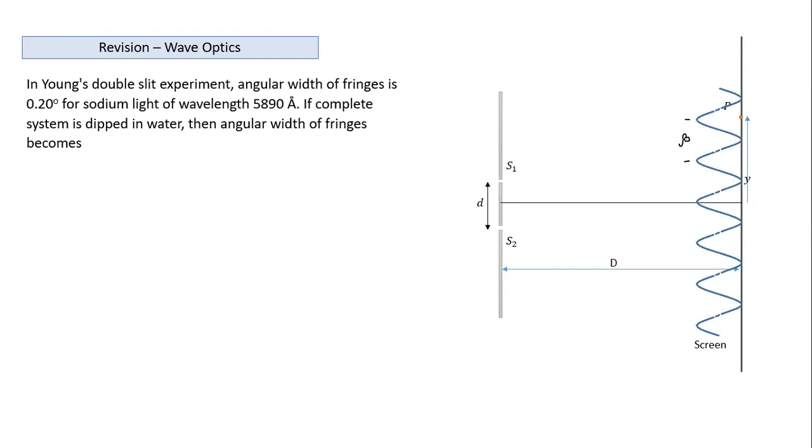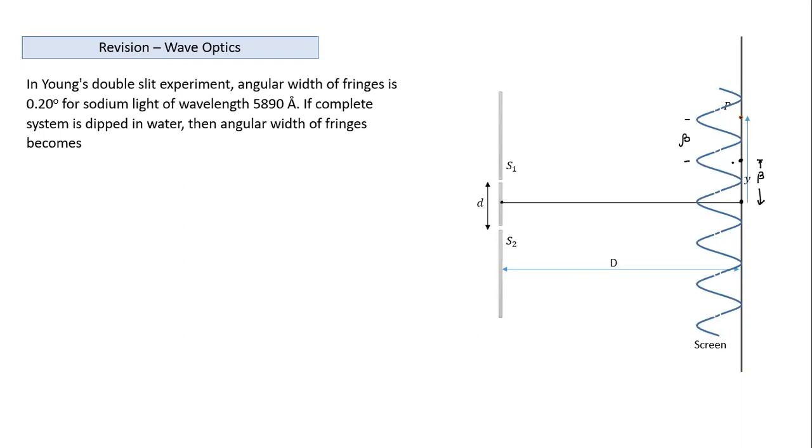So we are talking about the angular width of the fringe. Angular width of the fringe basically means the angle subtended. Let's start from here. If I take this as the central bright fringe and this as the first bright fringe, the whole thing is called fringe width, and we typically use the term beta here. So what is the angular width of a fringe? The angle subtended at the midpoint of the slit. The angle made by this at this midpoint is called